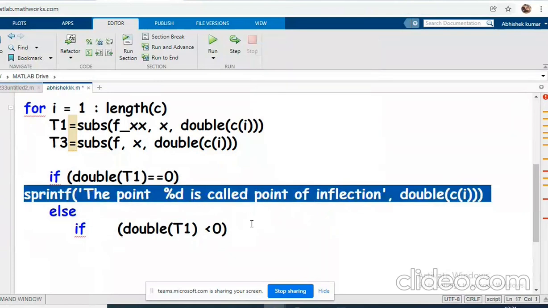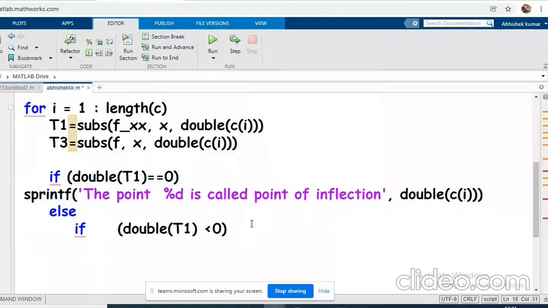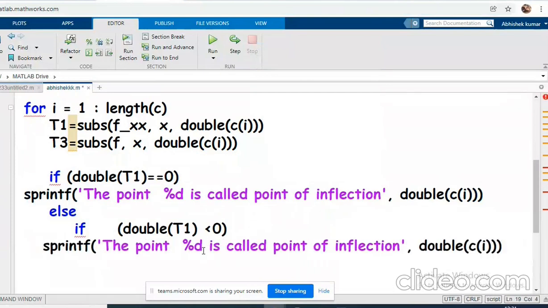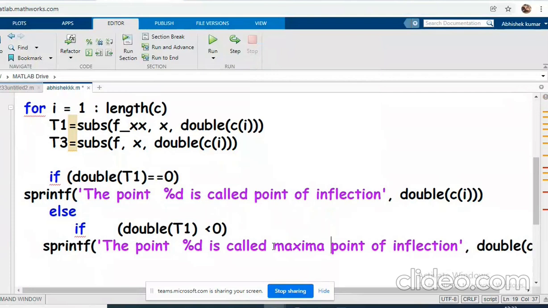I'll just copy and paste to save time. The point percentage d is called maxima point because this double derivative is less than 0. Maxima point.